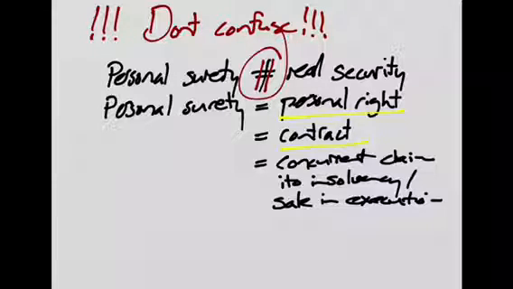So, if the form of surety that anyone has is personal, it means that they have a concurrent claim in terms of insolvency or with a sale of execution. In other words, it's not preferential. I think it should be very obvious to you at this stage that in terms of security rights, a personal surety isn't such a good thing, at least not for someone lending something to someone else. You would rather want to have a real security right.